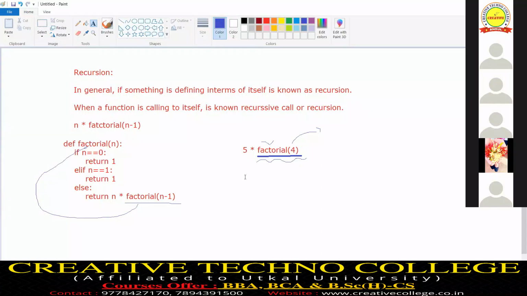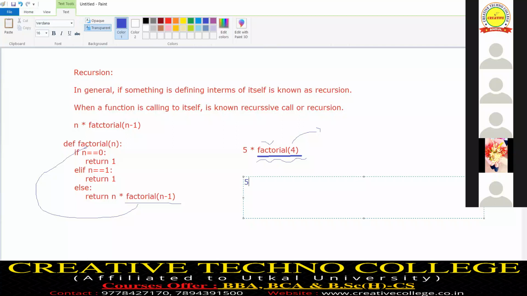So in the else part, what have we written? 5 was available previously. Now return n into factorial of n minus 1. So now the value of n is 4, so 4 into factorial of 4 minus 1. Now 4 minus 1 I can write as 3.